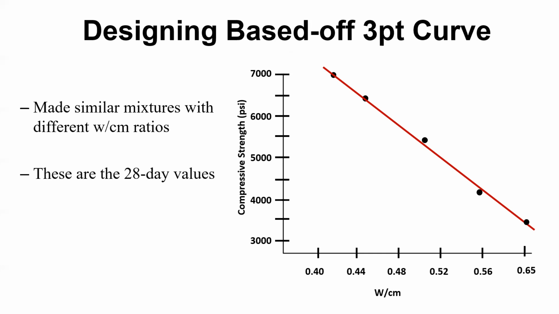Linear algebra. We'll just make a trend line. You can even have an equation and tell you how close to that line is, have an R squared value. But anyways, this is for 28 days. You can kind of guess where your strengths are at, where the water cement ratio is, and you can go through